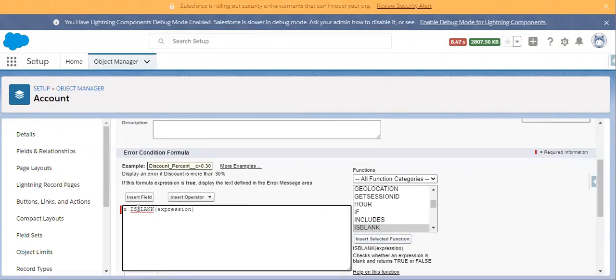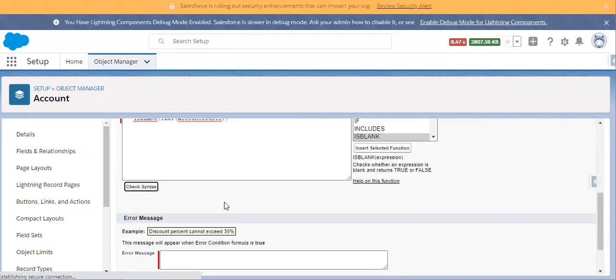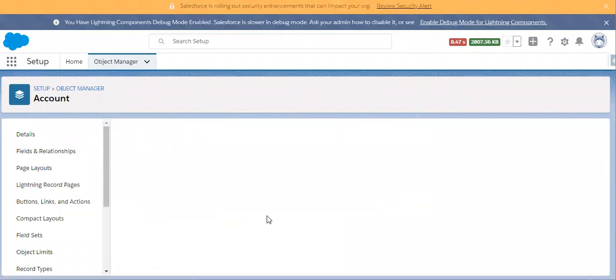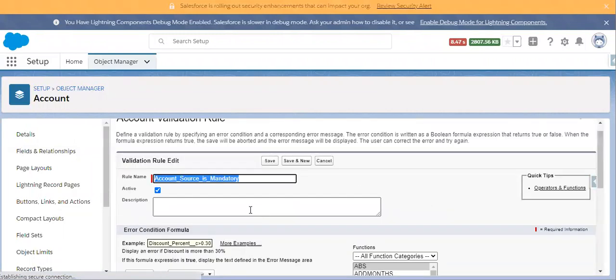Let's copy this. Since it is a picklist field, we need to add the TEXT function. Okay. Let's verify the syntax. Yes, no error found.